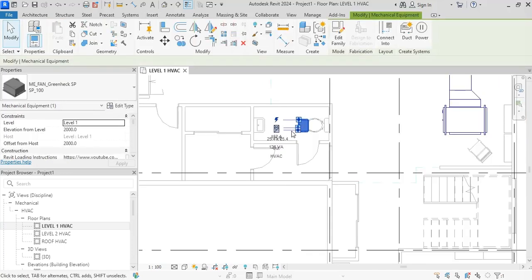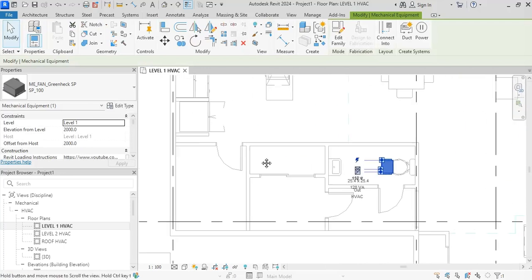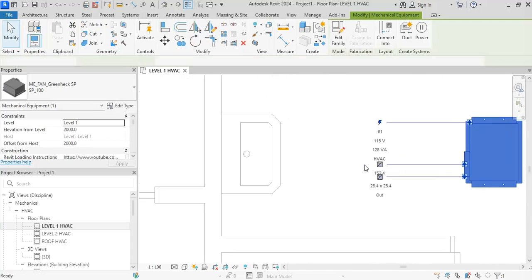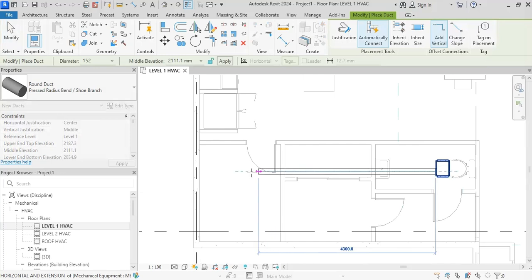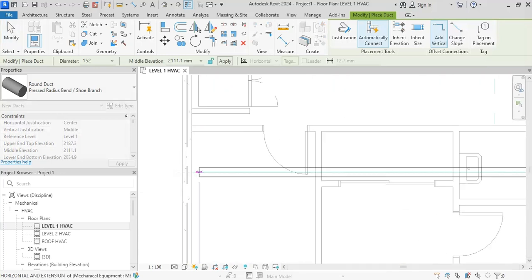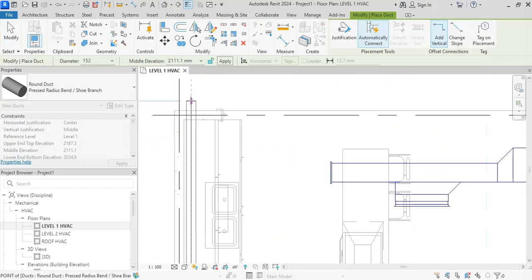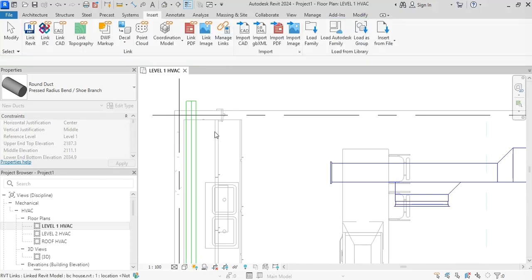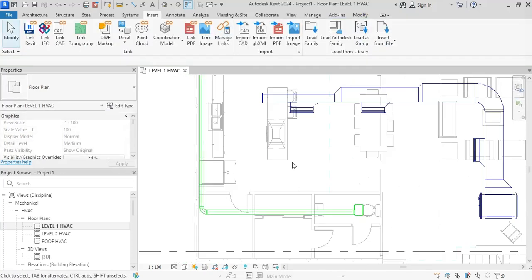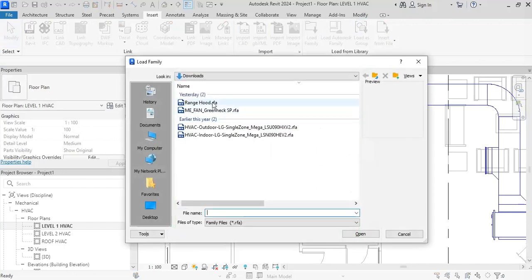And then I want my duct to be going from, okay, this way. Let's assume that this is an internal wall, and then I take it all the way out to this wall. Looks good. And then I need to load also the kitchen hood, load family, range hood,